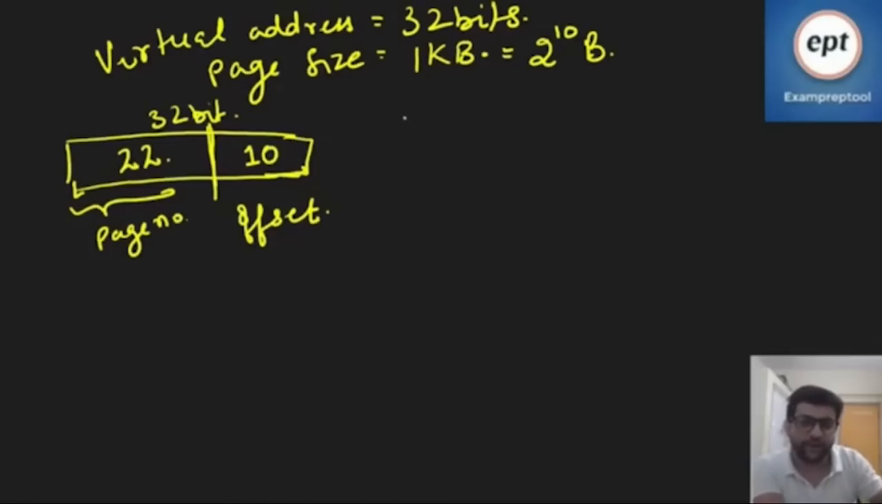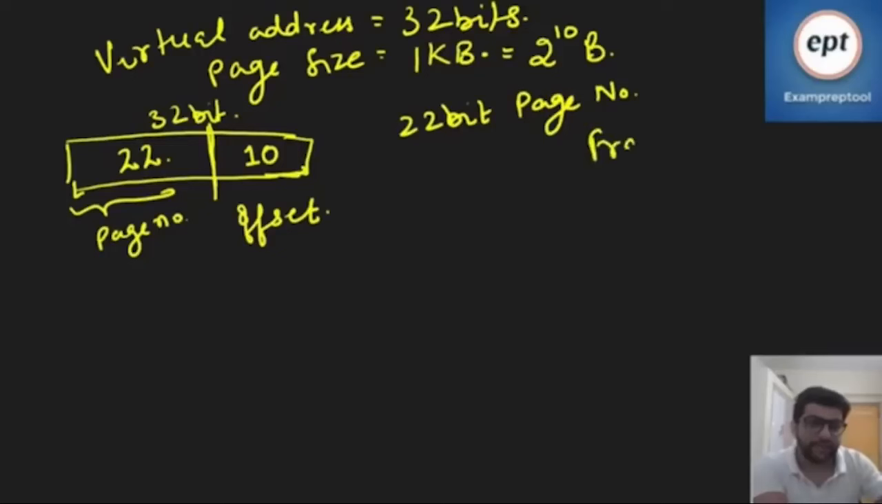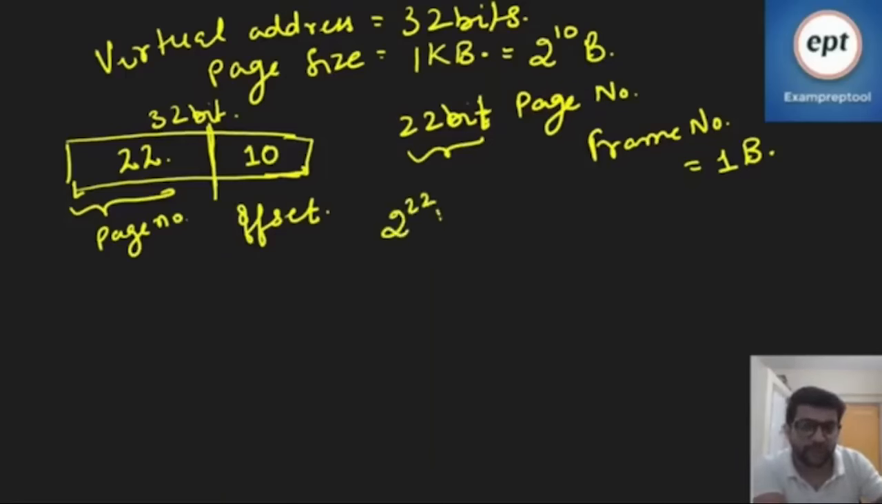So we have a 22-bit page number, right? And let's suppose that the frame number is equal to 1 byte. Also, let's assume that it is equal to 1 byte. We have a 22-bit page number, right? So we know how many pages there will be in a particular process. It will be equal to 2 power 22